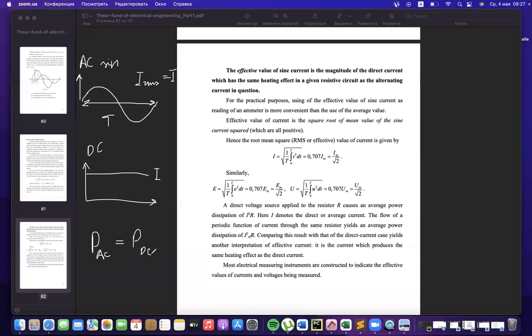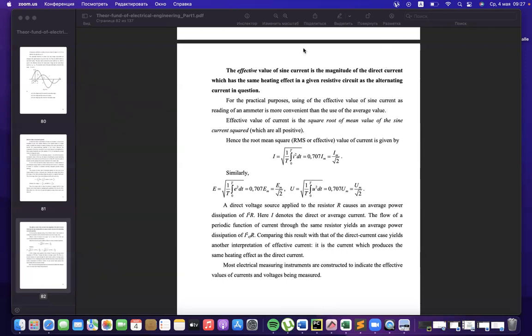It means, for example, if we are heating the electrical kettle on alternating current and on direct current, it will boil our water at the same time because we are consuming the same energy. It is one of the main characteristics of alternating current, the so-called root mean square value, and in all cases for voltages and for currents, it will be square root of 2 smaller than amplitude value. For example, if we have amplitude current 10 ampere of the sinusoid, then if we are searching for root mean square value, we should divide 10 ampere by square root of 2, and we will get